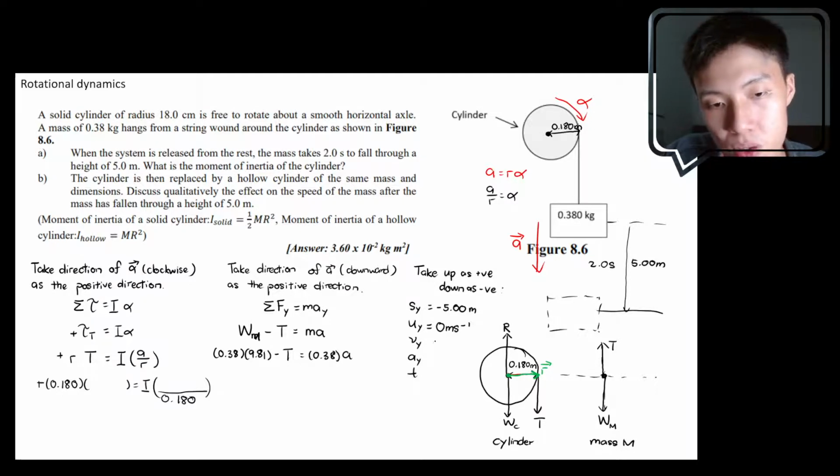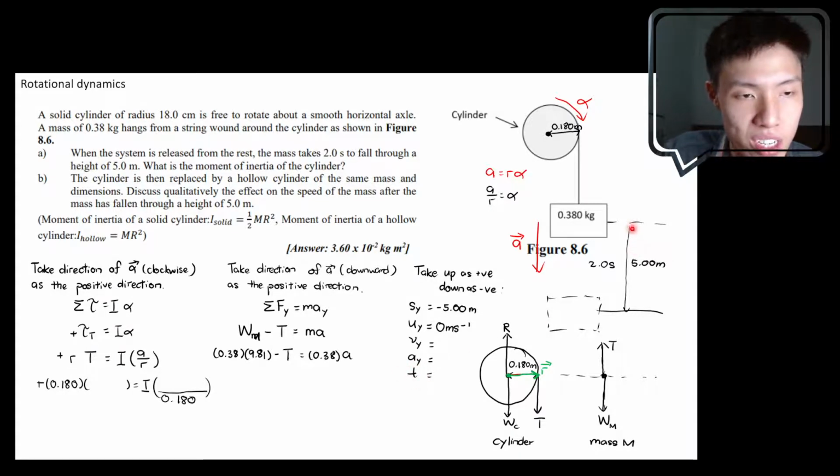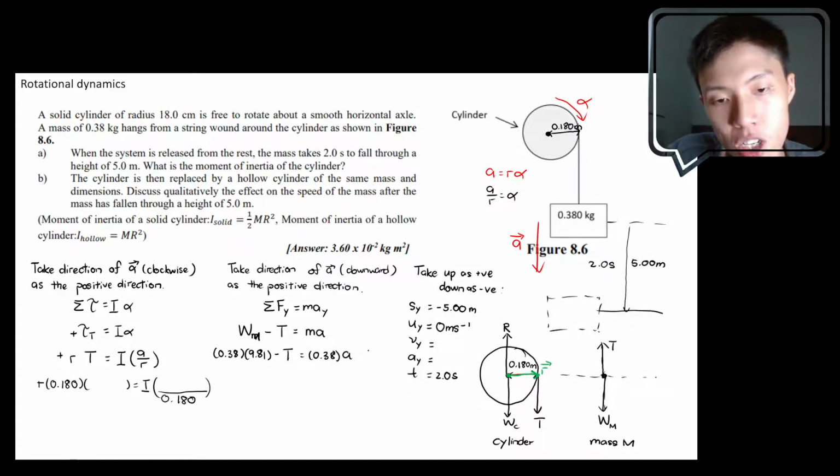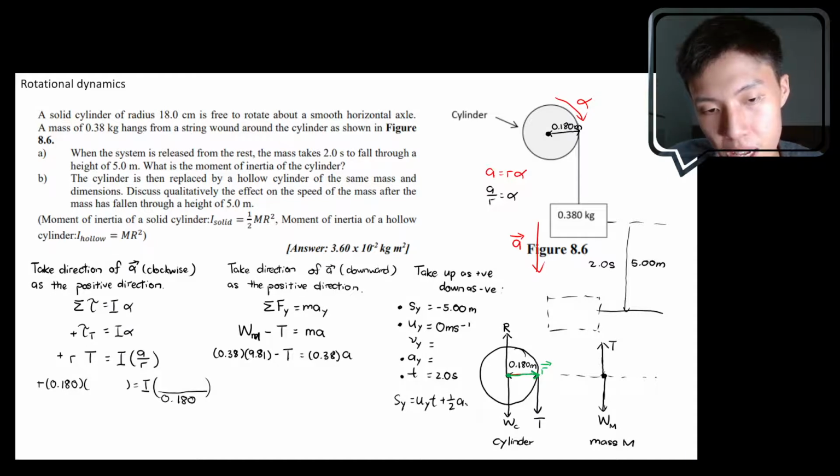How about the final velocity? You don't know, because they didn't tell you. What's the acceleration? That's what you want to find. And what's the time duration for this journey? Well, it's just 2 seconds, so let's write in 2 seconds. We are interested in finding the acceleration, and we are given the displacement, the initial velocity, and the time interval. So to determine the acceleration, the suitable equation is Sy equals Uy t plus half Ay t